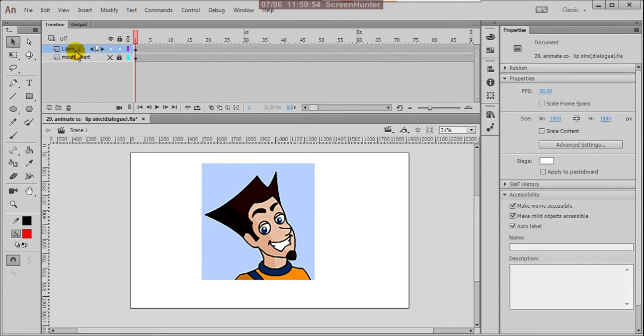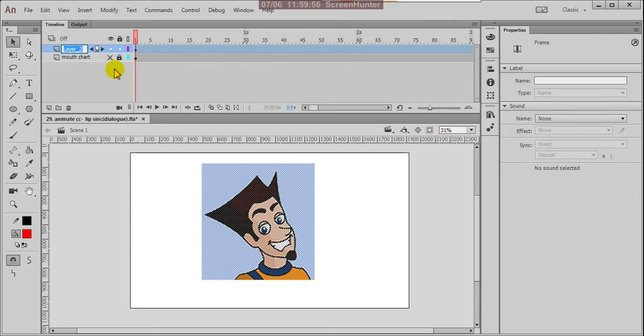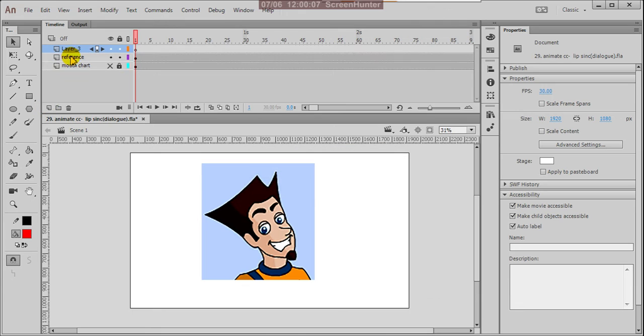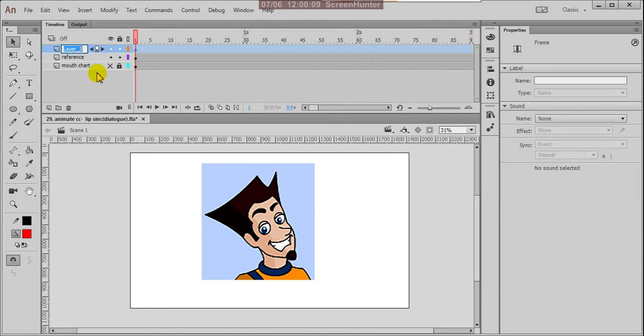You can give the name here, reference. And over that, place another layer. You can name it character, or otherwise trace.